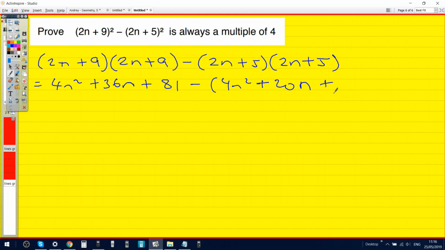Plus 25. What's next? Then you times the negative to the second bracket, so it'll be minus 4n squared minus 20n minus 25. Well done. And then